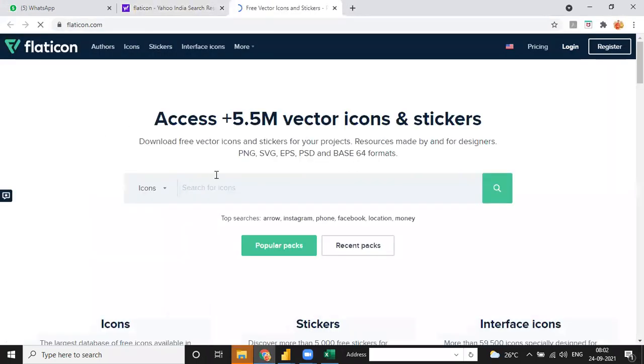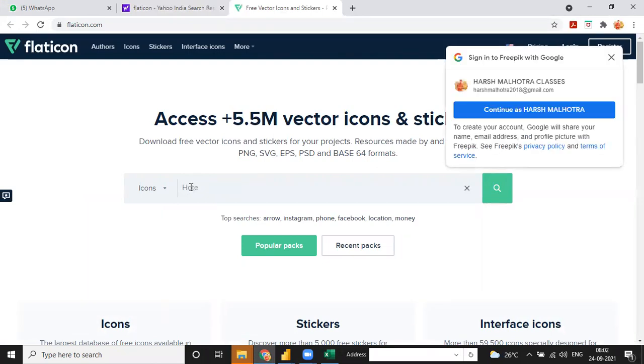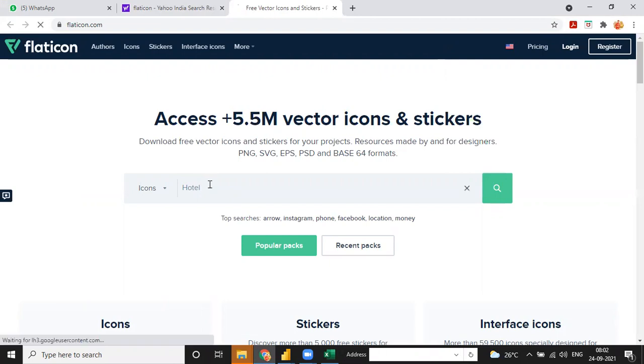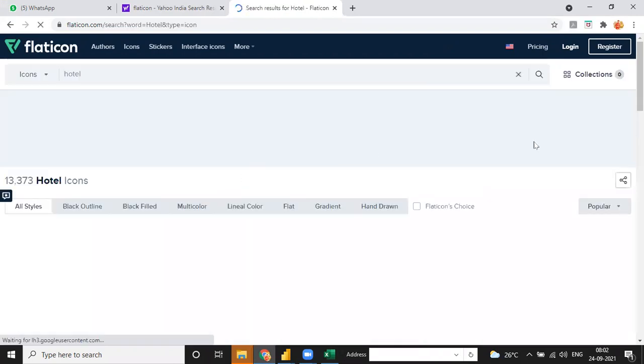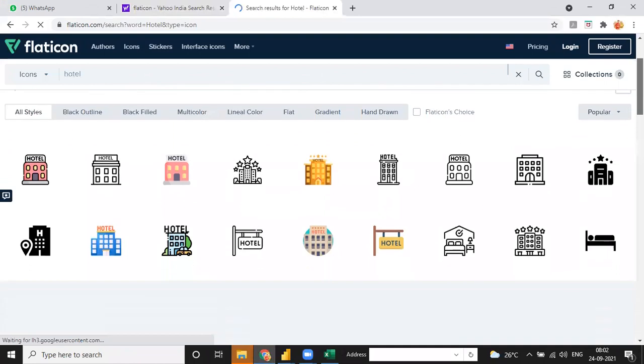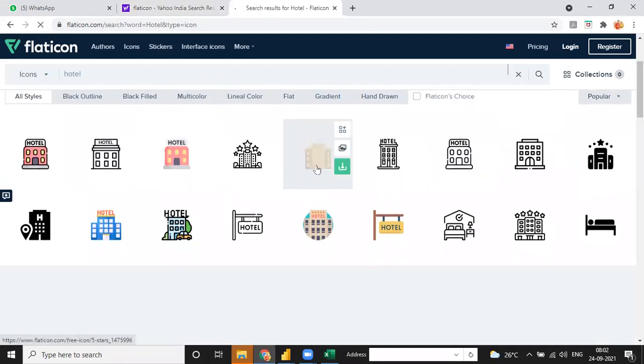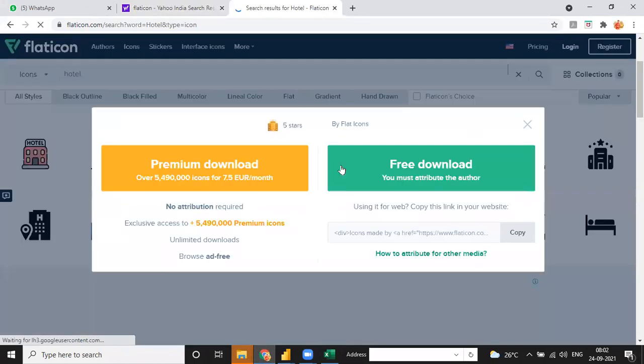You can just go to this and search here for an icon. Right now I need a hotel. So you can just click on hotel, write it, and yeah, there is a hotel icon. Suppose this one, you can download.